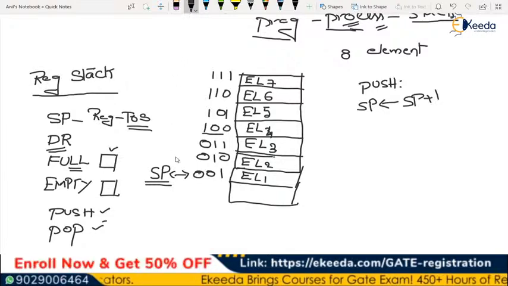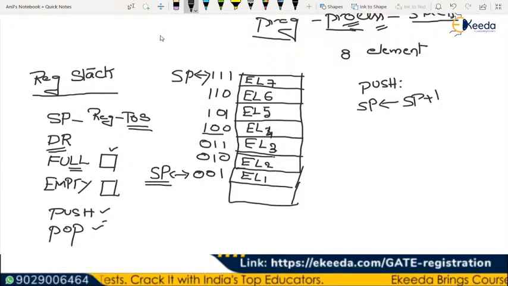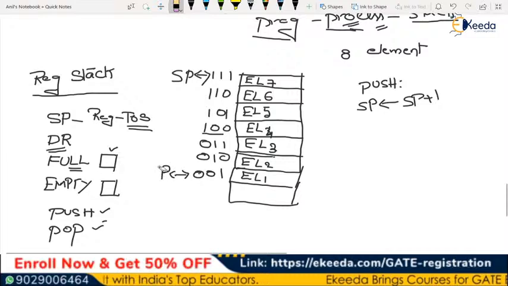Which means that every time you perform a push operation, if you want to push the second element, the stack pointer will get incremented, element 2 will get pushed. The stack pointer will get incremented, element 3 will get pushed. Similarly, after performing all the push operations, the stack pointer will finally be at 111. So a total of 7 elements have been pushed into the stack right now. Yes or no? My question is